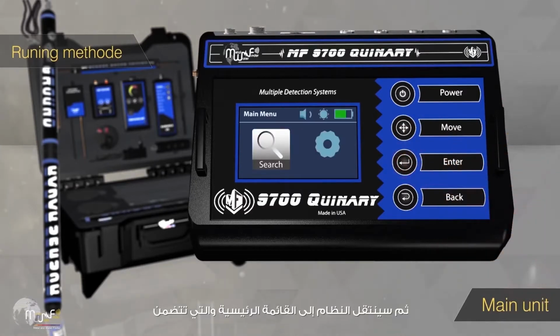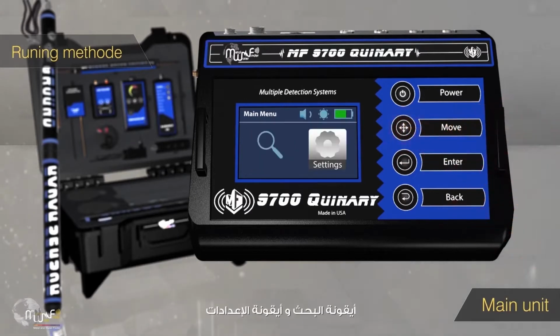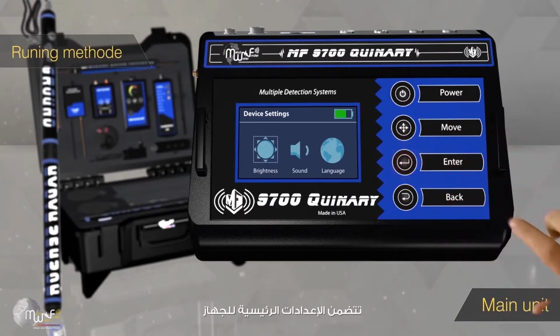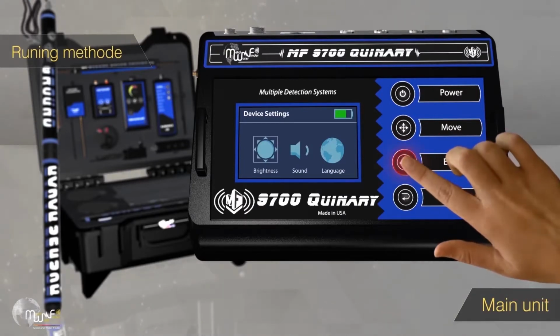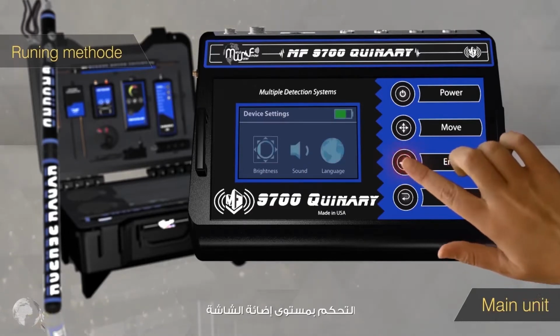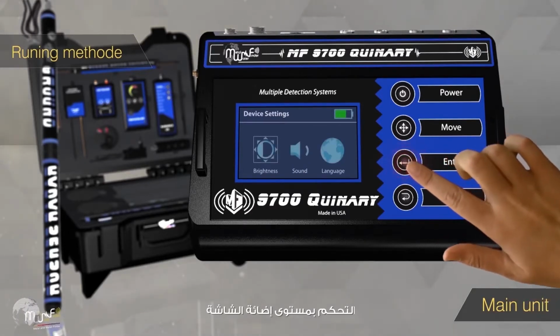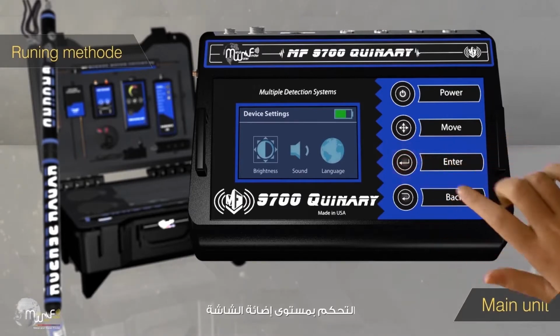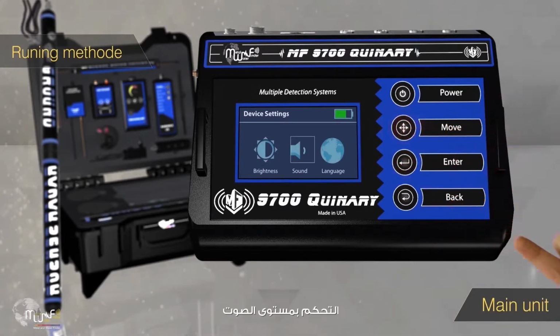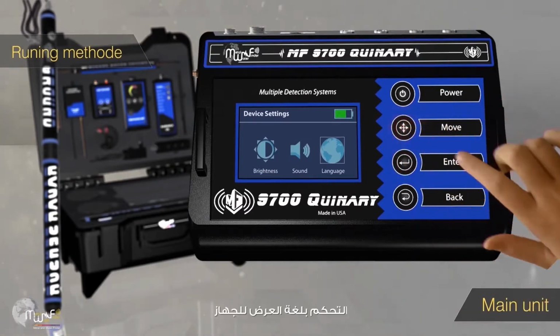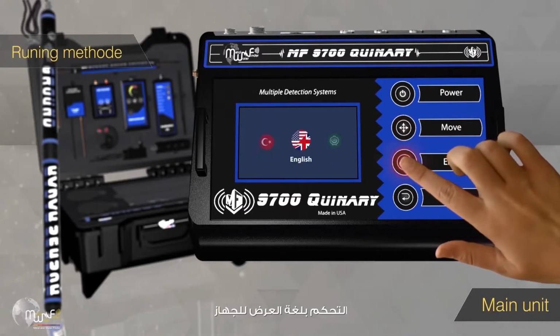Then the system will move to the main menu, which includes the search icon and the settings icon. Device general settings include control by level of screen brightness, control by the sound level, control of the device main language,